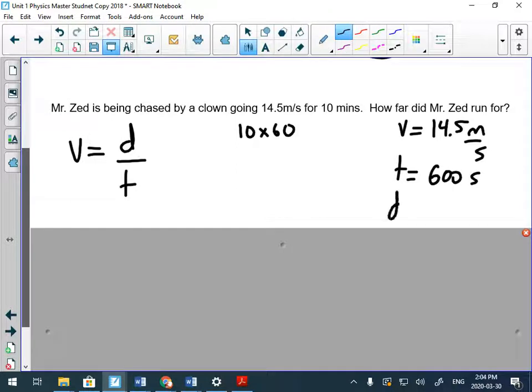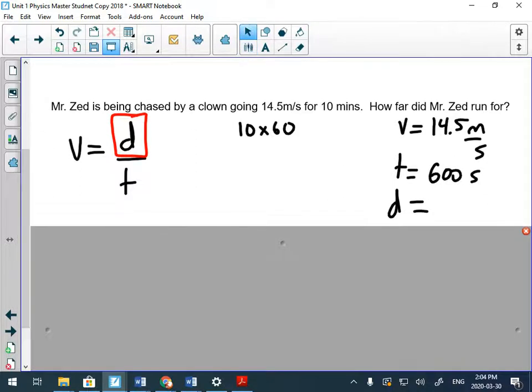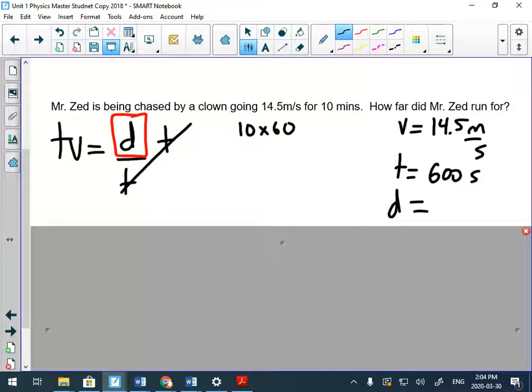What we don't know is the distance that I've ran for. So what we have to do is rearrange for distance. Do you remember that formula from the other page? If we times both sides by time, we rearrange the formula and we get TV dinner. Time times speed is equal to distance. So we put the time in there, 600 seconds, and we times that by the speed, 14.5 meters per second. 600 times 14.5, and we get, ka-chow,